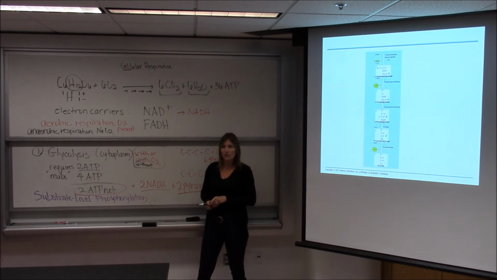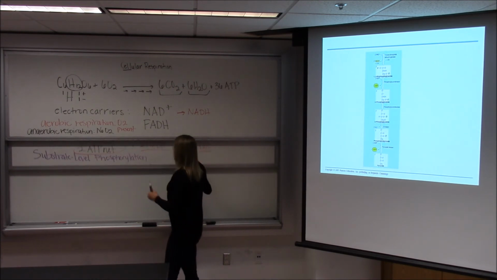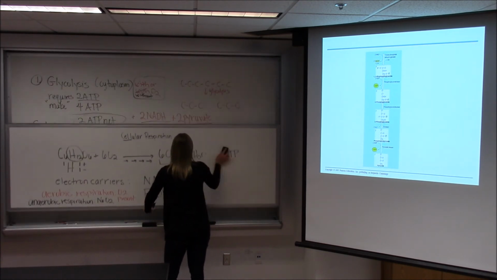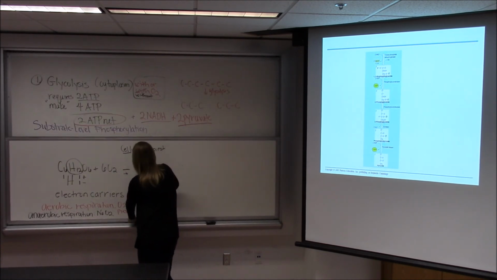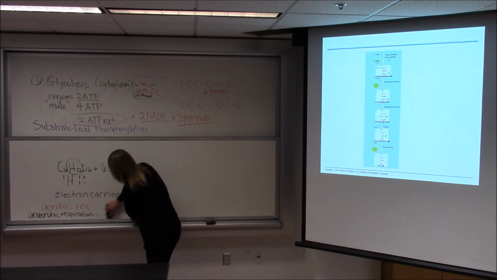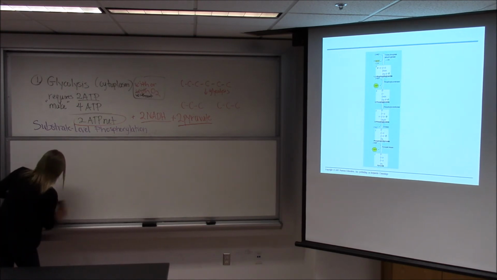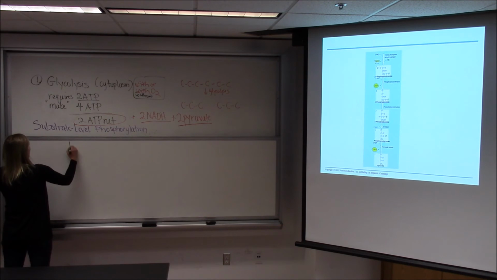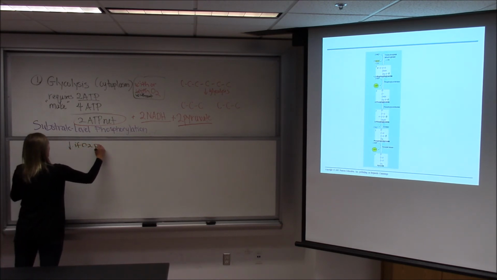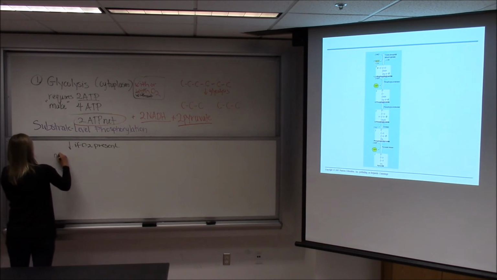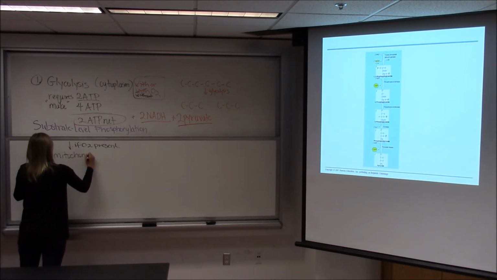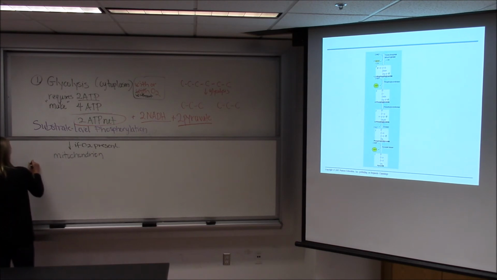And we'll talk about fermentation after we go through the steps of cell respiration. Okay, so these two pyruvate, if oxygen is present, we're going to go through the second stage of cell respiration. And that stage is called pyruvate oxidation. So if oxygen is present, we're going to go into a mitochondrion and we're going to go through the second stage called pyruvate